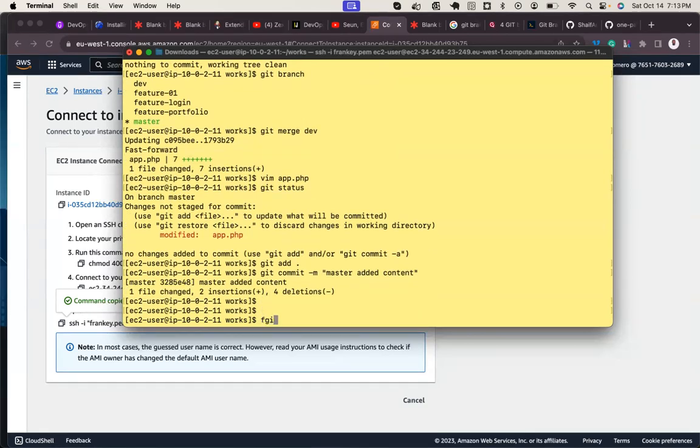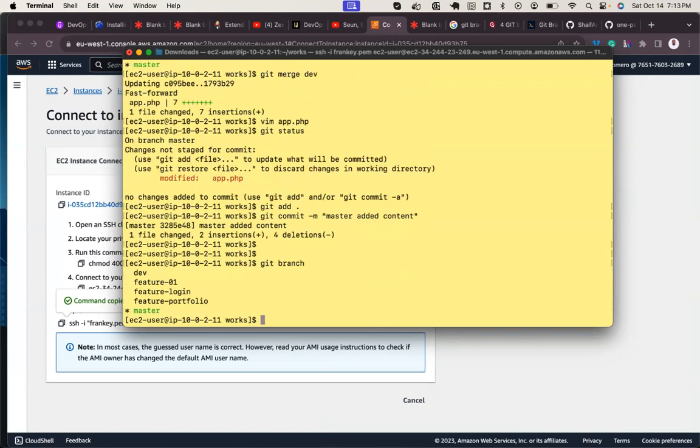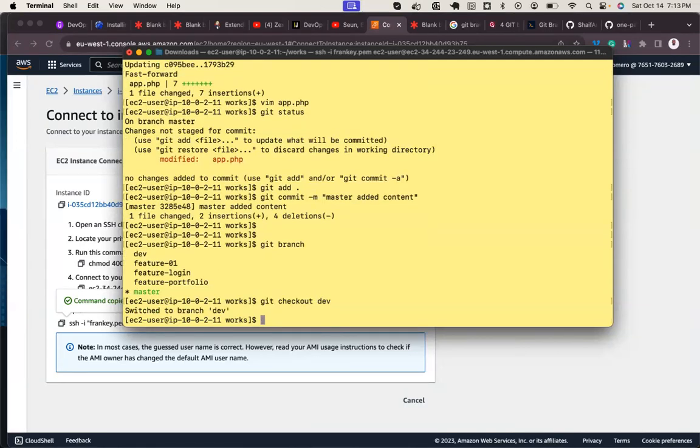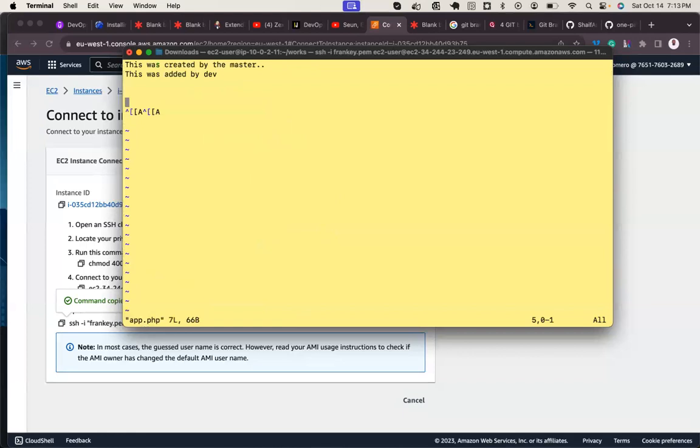Now I will switch branch. So git branch is this master. Git checkout dev. Open the file, vim app.php. You can see we can't see the content that master added.